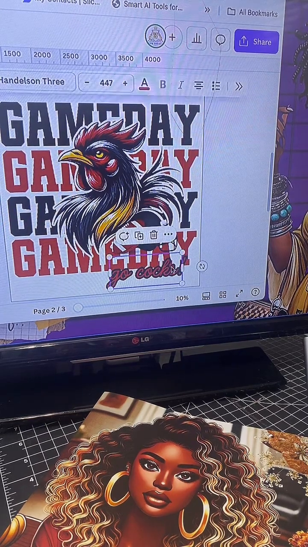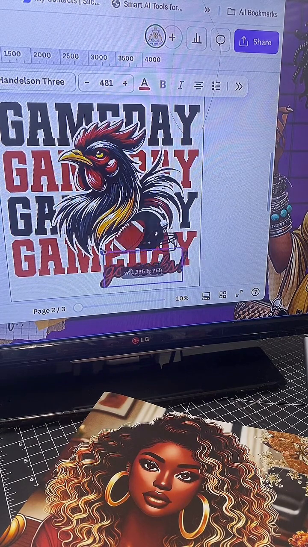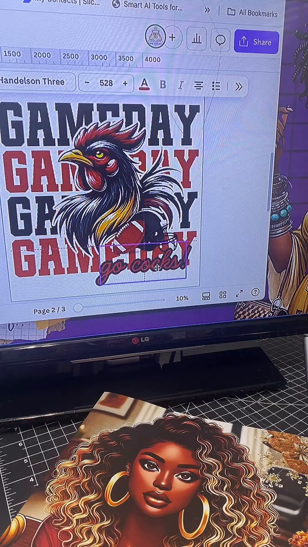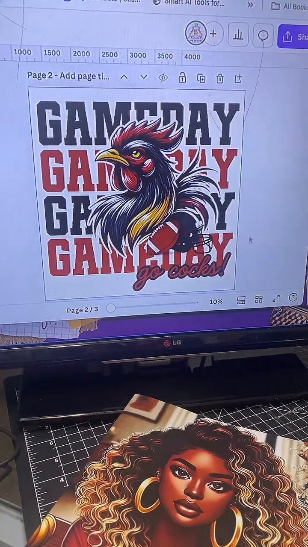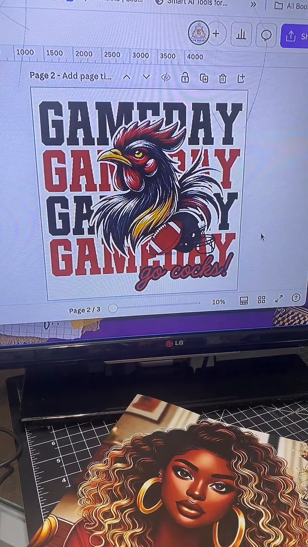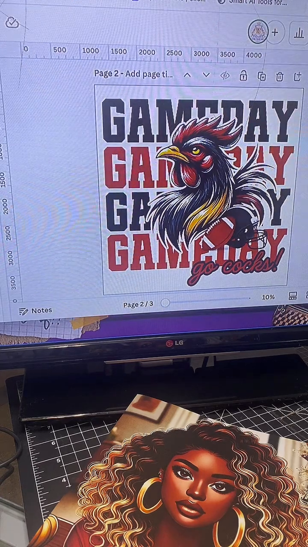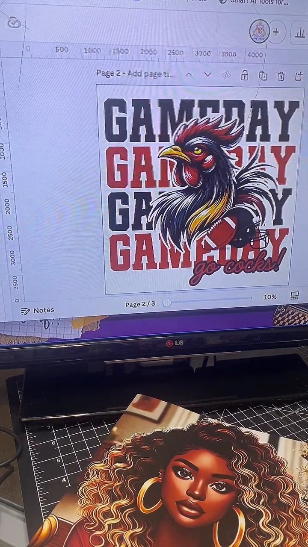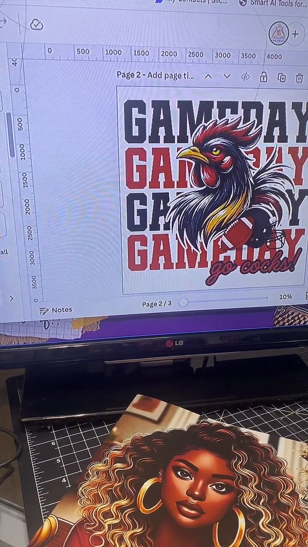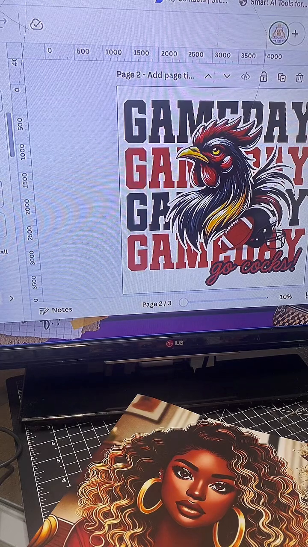I showed you all how I go into Canva to generate my images, and then I import them into Photoshop to increase the sizing, so that they can print out perfectly fine. I also showed you how you can go into Canva to generate your items and use ChatGPT to then,